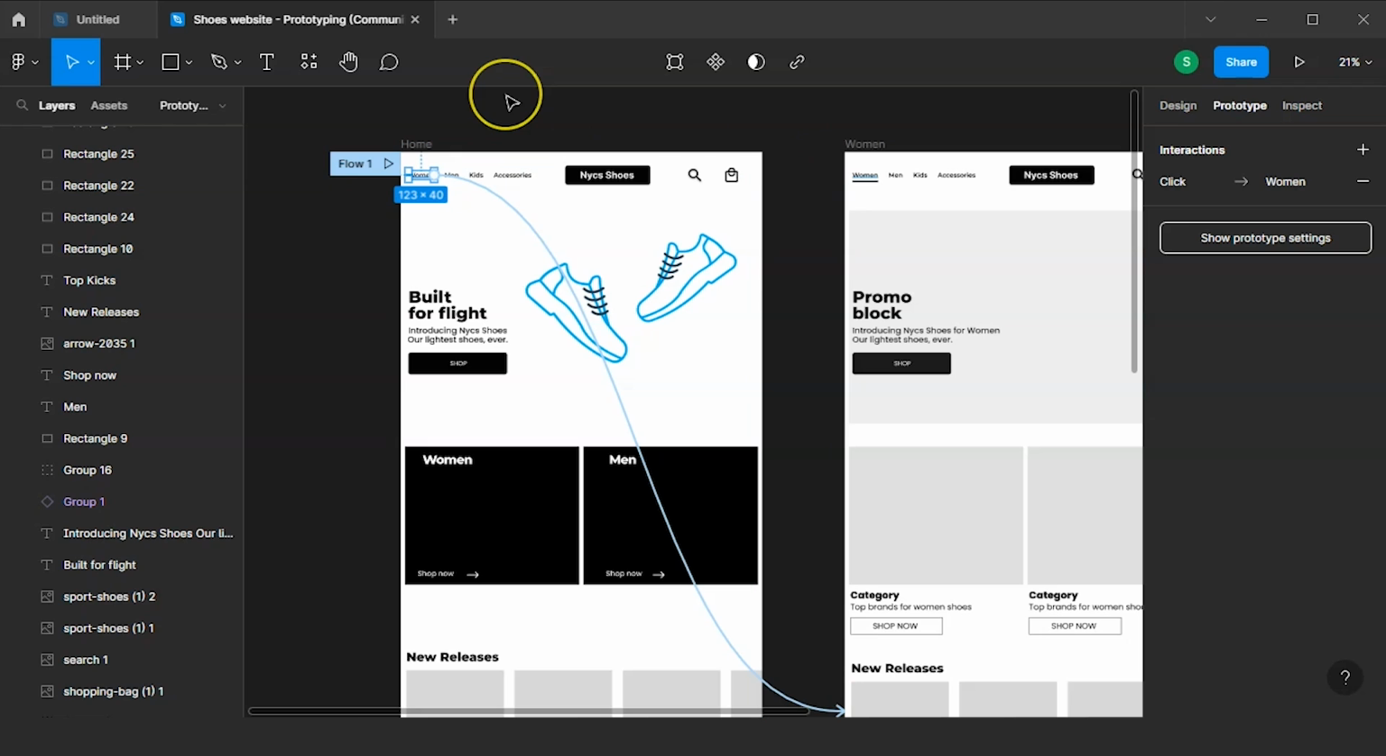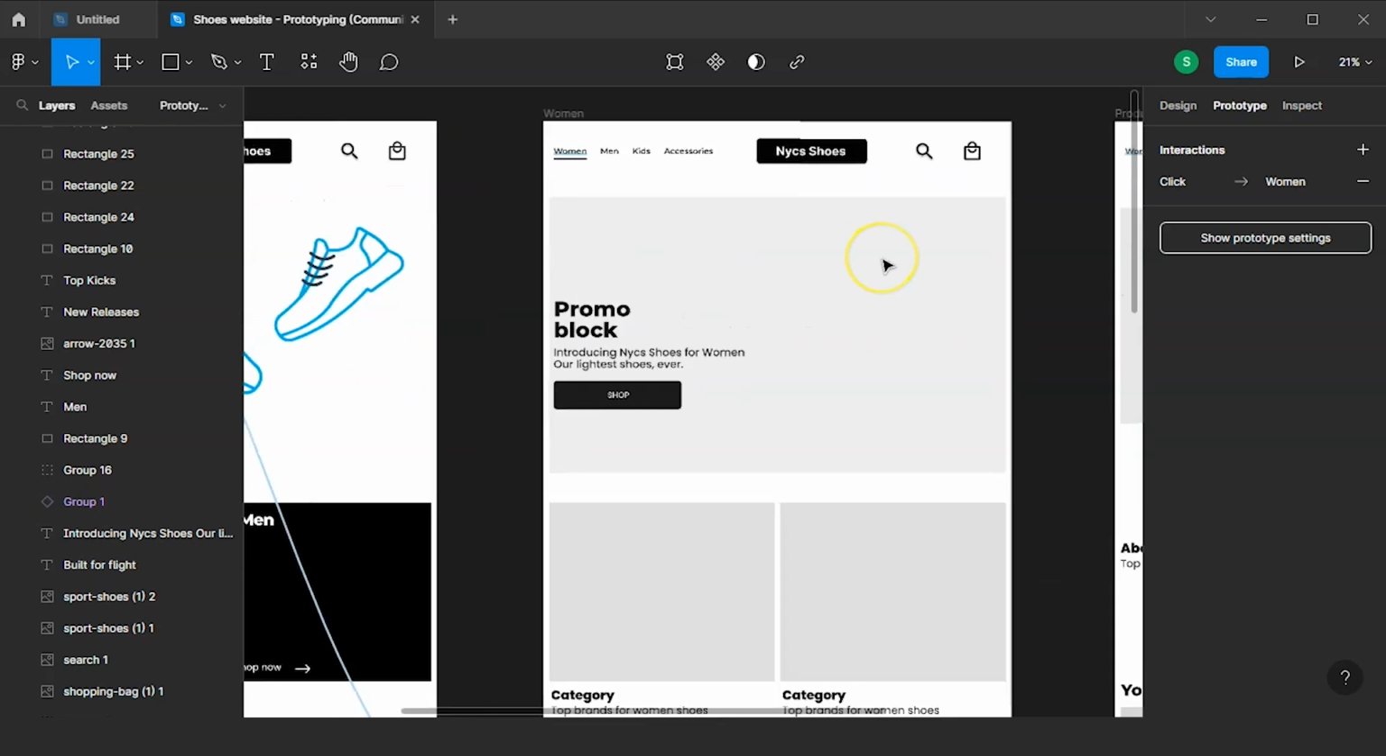So now let's create another connection. Currently we have a connection from the home page to the women's category page, right? But now let's create a way for users to get back from the women's category page to the home page. So what we want to do is just select